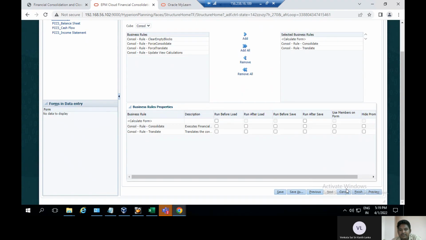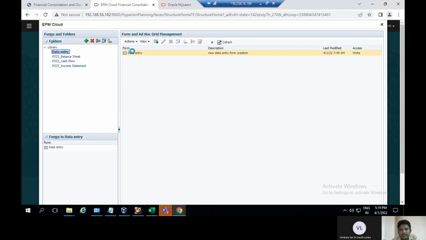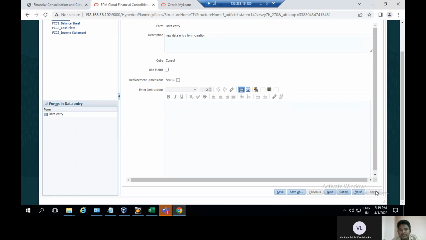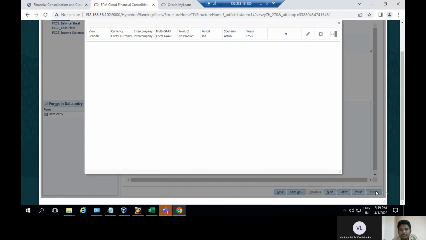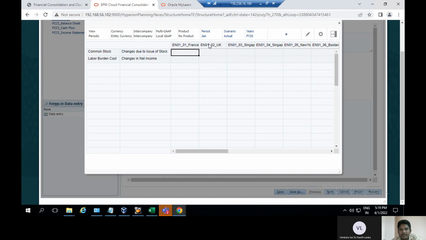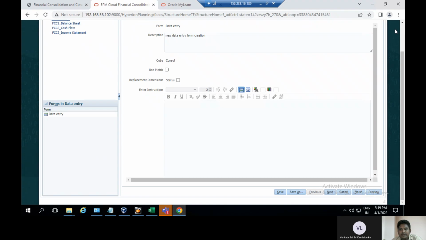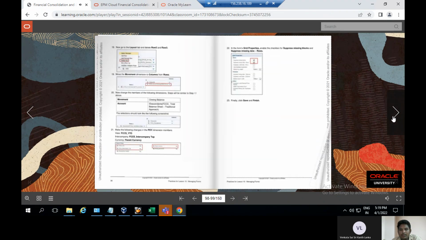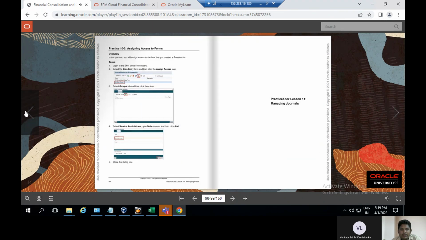This is the creation of the form. This is the data entry form, and click on edit, and here preview is there, and then check the preview. Here the form has appeared this type, and then after